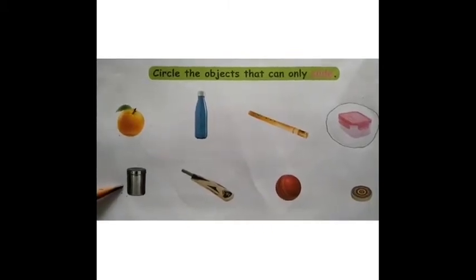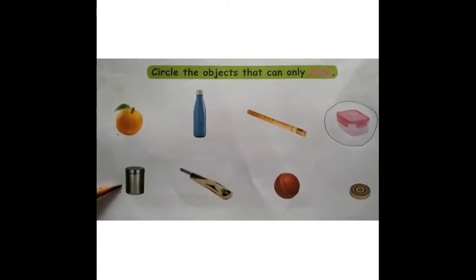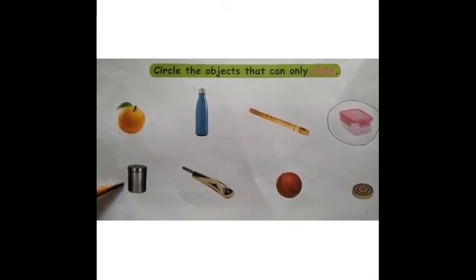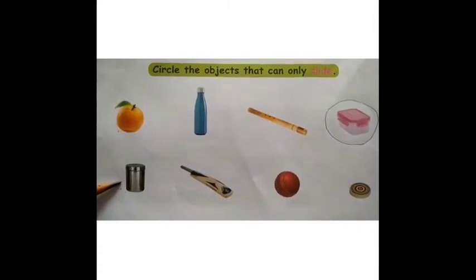Let us see the fifth one. The fifth picture is a silver box. It is both in the flat shape at the bottom and in the round shape at the sides. It can roll if the round shape is on the slide, and it can slide if the flat shape is on the slide. Therefore, silver box can both roll and slide.